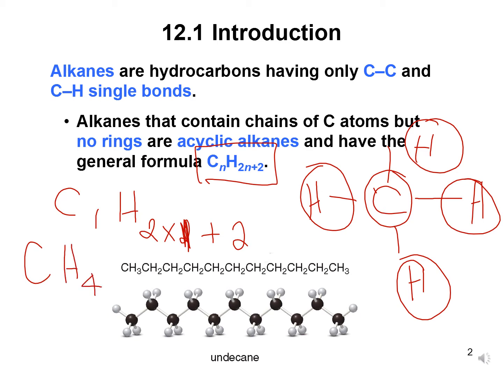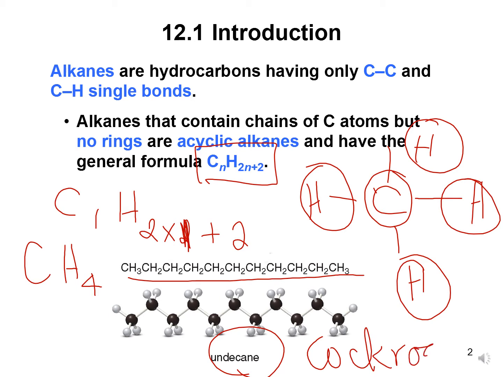You have longer hydrocarbons, such as undecane, which is found in cockroaches. Cockroaches give off undecane to sort of attract other cockroaches to one another. So alkanes are hydrocarbons that have only carbon and hydrogen. They have a general formula CnH2n+2. There are one carbon alkanes such as methane, but there are also undecane, which are longer carbon